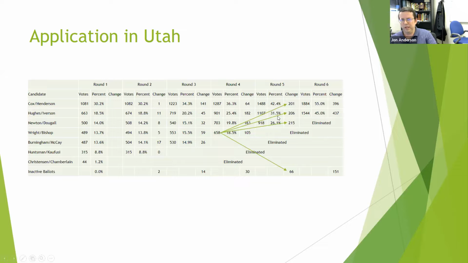Hughes is doing okay, but we're now looking at Newton with the fewest votes. And so when we redistribute Newton's votes, his 918 votes now split in such a way that Cox ends with 55% of the votes in the Republican primary. And because he now has more than 50%, he is the Republican candidate for the general election that will happen